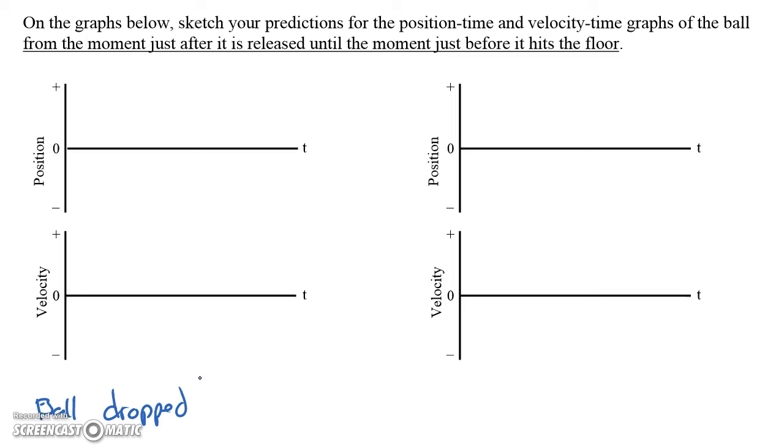And then on the right side, we're going to do something slightly different, but very, very similar. We're going to have a ball tossed up first. So it's tossed up and then let fall back down to the ground. So it would be at the same points as the ball dropped at the end. So it goes up and then down. So try and draw those graphs, and we will go through those in class, and also